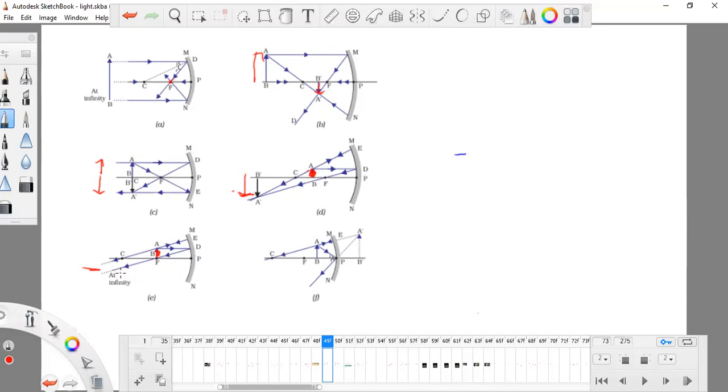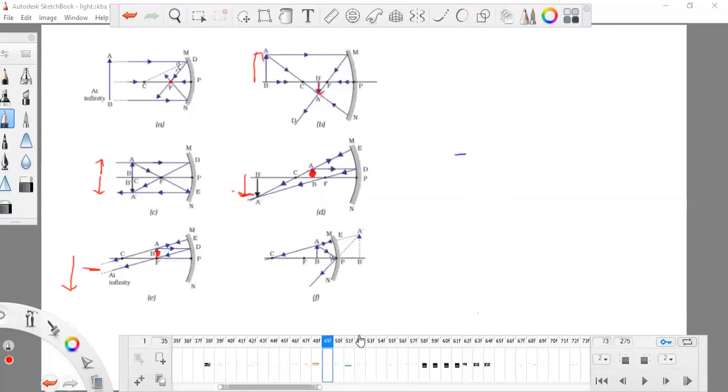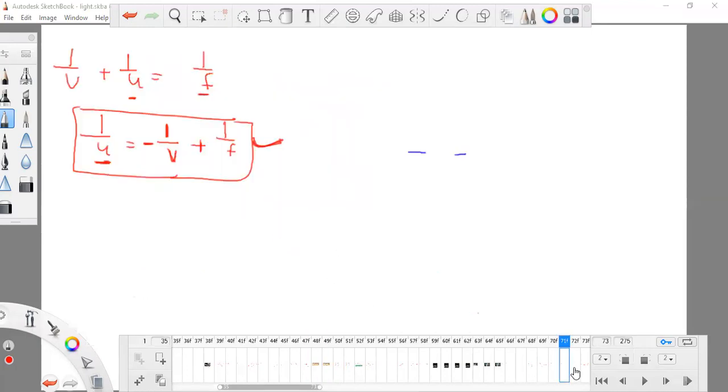So we cannot find at which place the two lines are meeting. It will definitely meet somewhere, but at infinity. But we answered that the image which will be forming is highly enlarged. In the final case we found that the image is very enlarged compared to the object. So we know that there are so many sizes of the image. Sometimes it will be very diminished, and compared to the object it will get enlarged. So there will be so many types of changes.